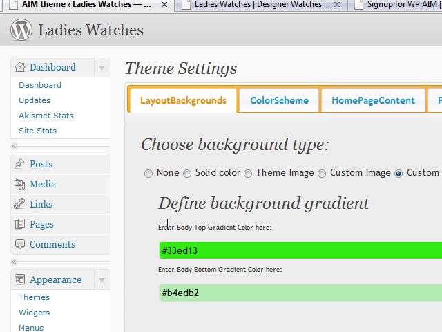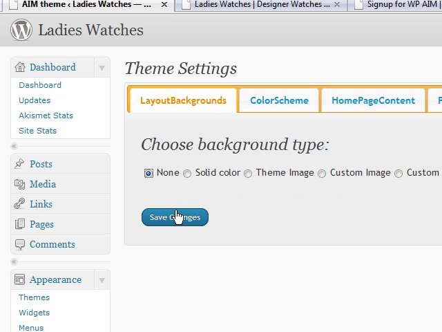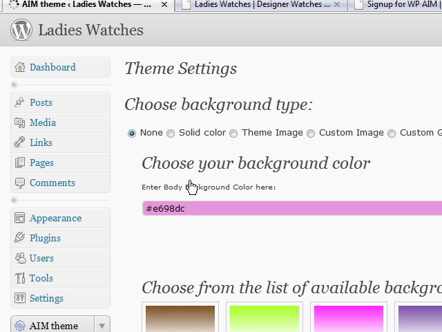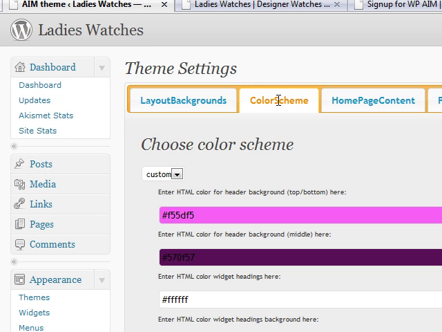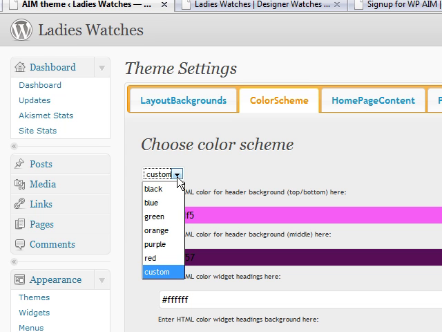Okay, so for the purposes of testing here, we're going to go back to what we had. We're going to choose to have no background at all, just leave it white. Next, I'm going to go to the color scheme tab. This particular video, again, we're just talking about layout backgrounds and the color scheme. You'll have to watch parts 2 and 3 to see the other tabs. Now, I'm going to change the color scheme from what it currently is, which is custom, to